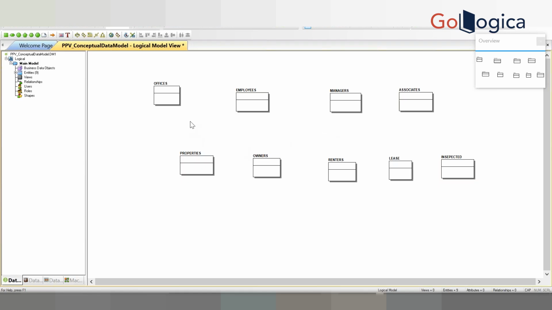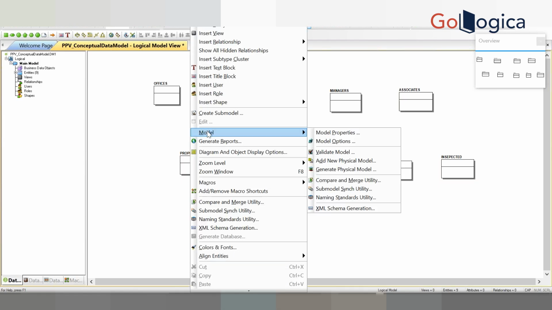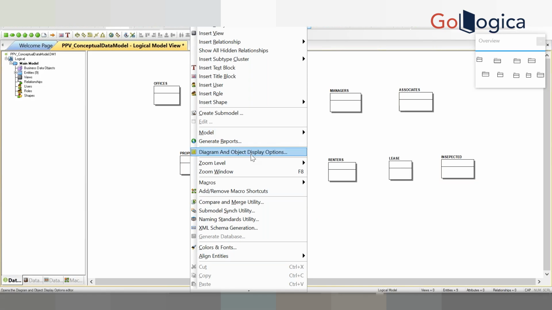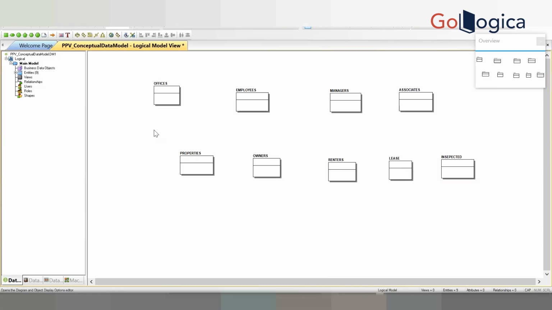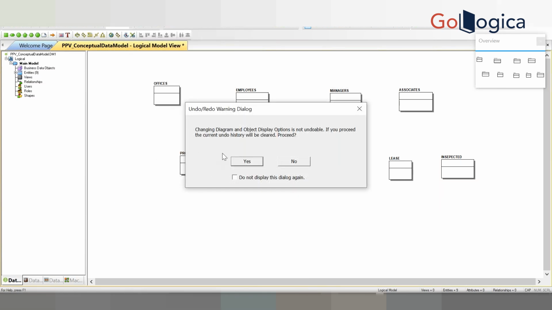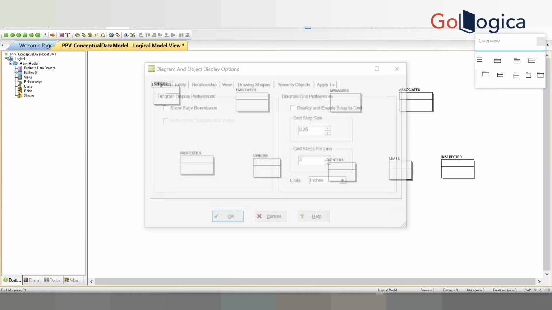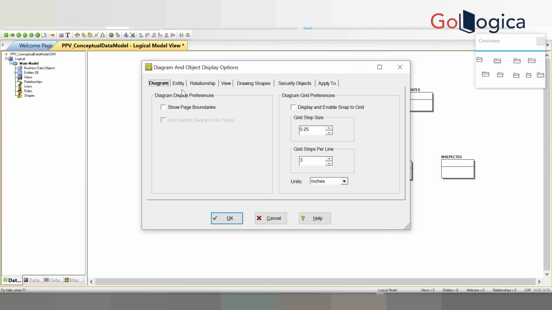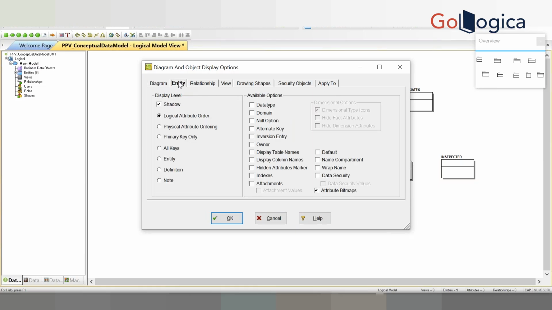Right click here. You have model options. Sorry, not model options. You have diagram and display options. You see it? When you right click on the designer, you have diagram and object display options. Click on this. Changing diagram and display options is undoable. Okay, you say entity. Under entity,